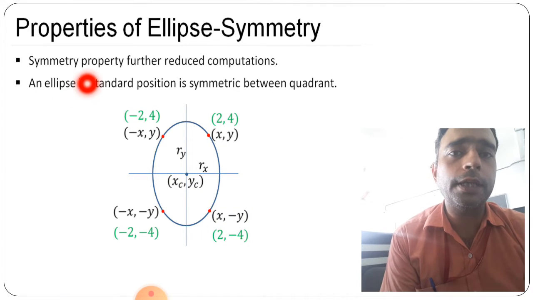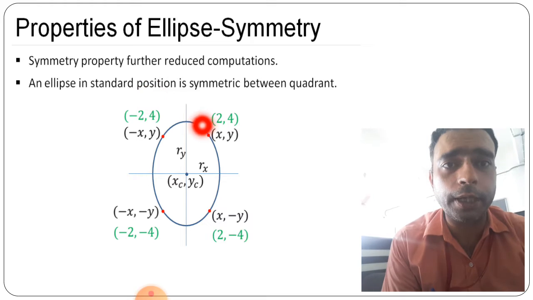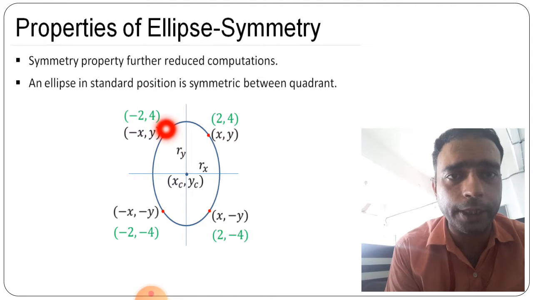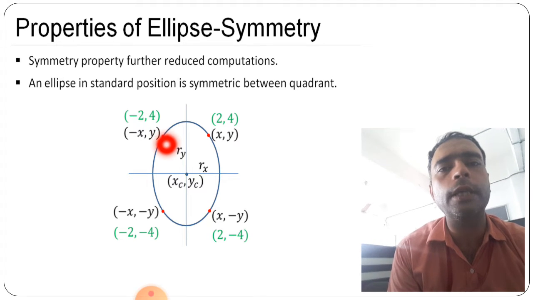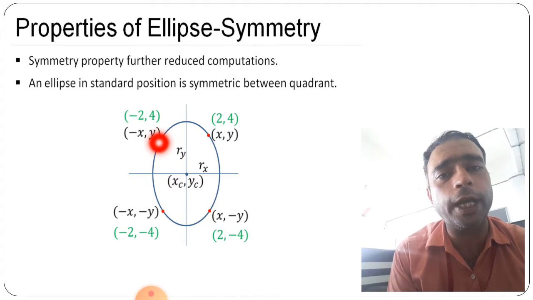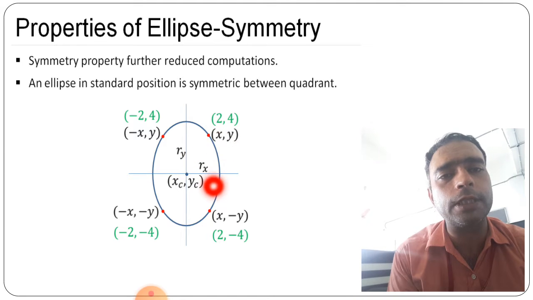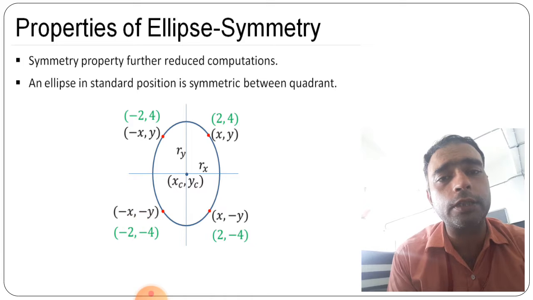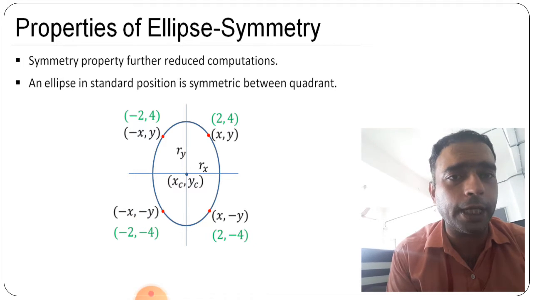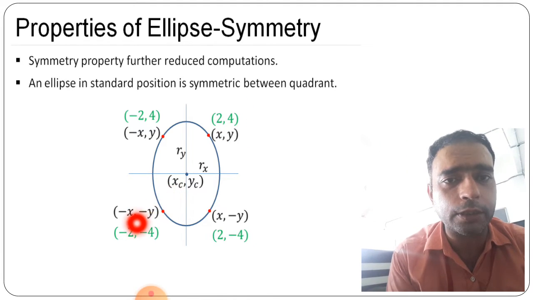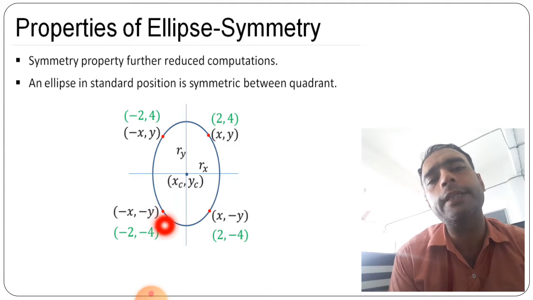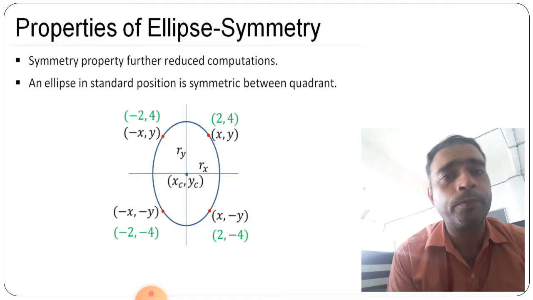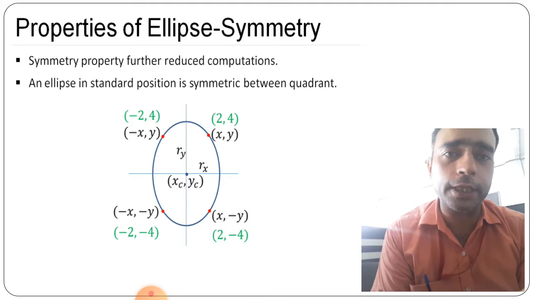Now the properties here, the symmetry property. Symmetry property का मतलब क्या है? यहाँ पे 2,4 है तो सामने की साइड वही चीज़ -2,4 मिलेगी आपको, सेम पॉइंट, ठीक है, the same distance we can say from y and x, and same distance from y and x is also here. And similarly here we can take for this quadrant also, here will be minus x and minus y. So x comma y यहाँ पे दिया हुआ है तो x और y की वैल्यू सेम रहेगी, बस साइन चेंज हो जाएगा. Here also x and y will be same and sign will be changed for y. So this is what the symmetry property we can say.